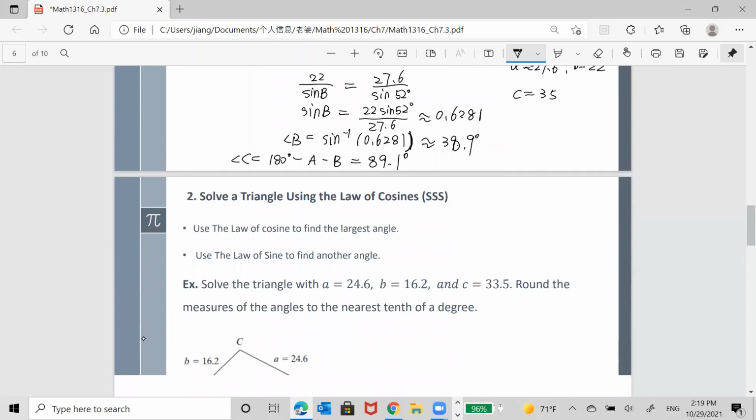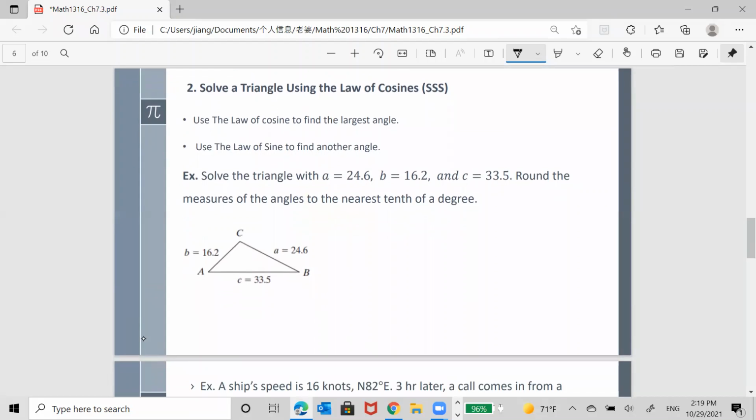Next one. Solve a triangle using the law of cosine. The case is SSS. That means they provide us 3 side values. And how to solve this kind of question? The first step, use the law of cosine to find the largest angle. Because for the law of cosine, it's easier to find the largest angle, because when we are doing the inverse,